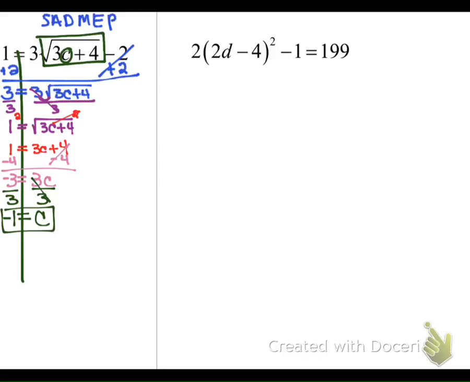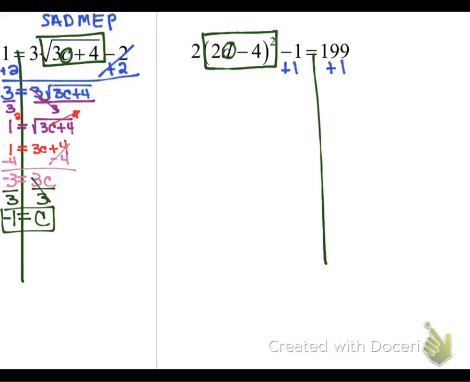All right, last one. First thing I'm going to do is circle my variable. Draw my line of equality, and I'm going to box what's being squared. In this particular equation, because the 2d minus 4 is in parentheses with the square right behind it, that whole set of parentheses is being squared. So I'm going to have to get rid of the 2 that is on the outside of the box and the minus 1. According to order of operations backwards, SADMEP, I'll get rid of that minus 1 first by adding